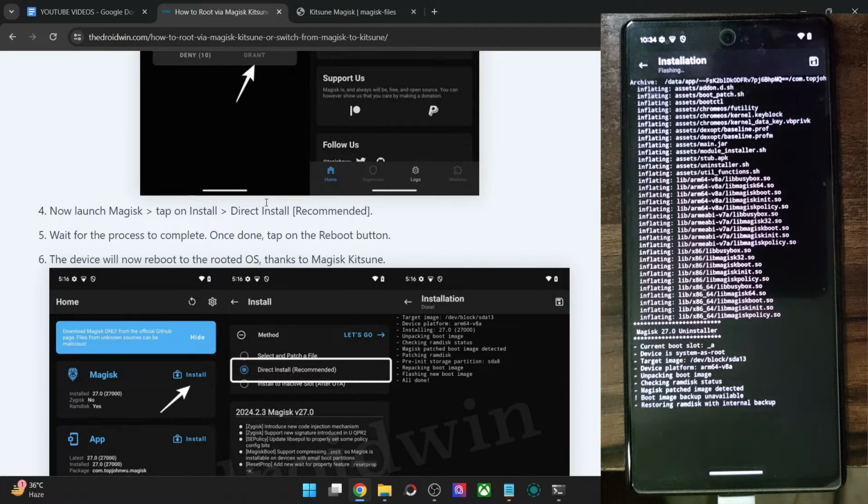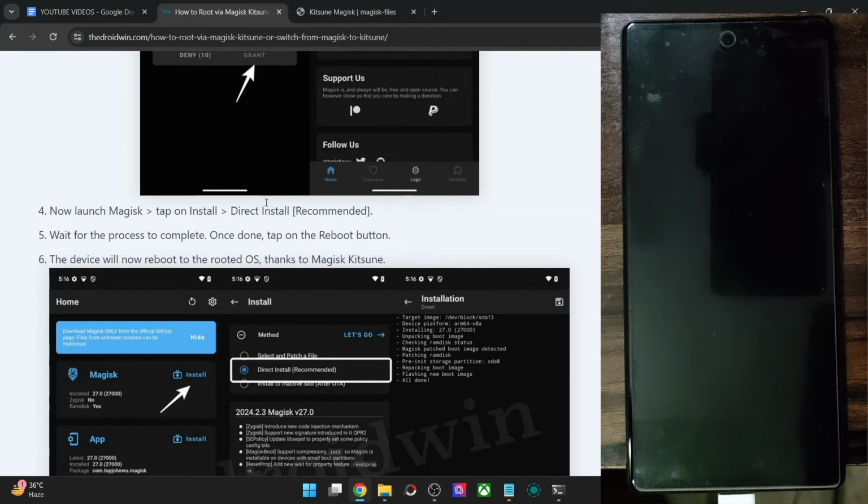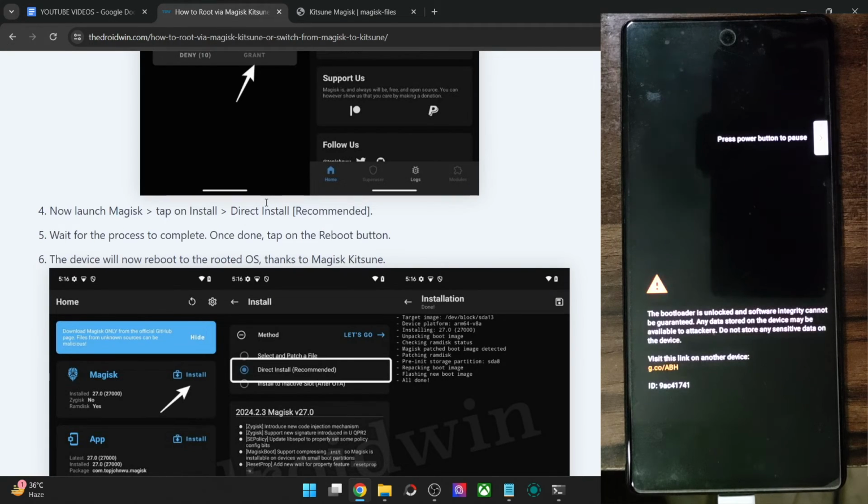So as of now, we had the root via both the official Magisk as well as the Magisk Kitsune app. And now I have just removed the Magisk app. So I'll have to verify if the Magisk Kitsune app root has also gone or not. So your phone will automatically undergo a restart. And after a restart, we will then verify the result, whether we have to keep the official Magisk app or not.